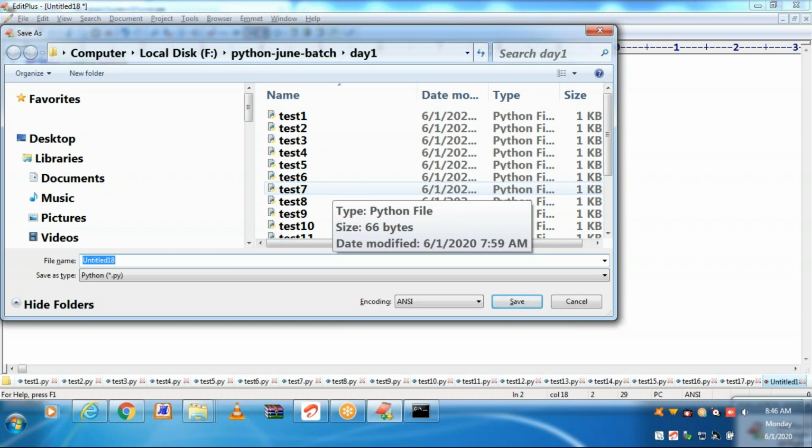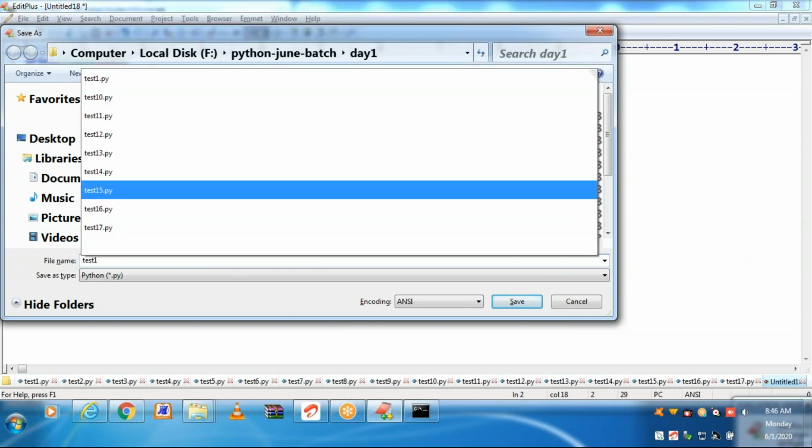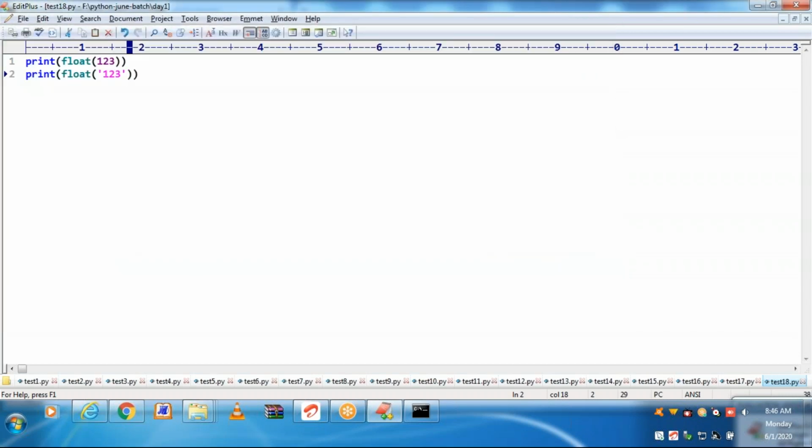Anyhow, whatever data type you supply, you will be getting a float only. 18.py. You can see even a Boolean literal. You can go for some general text.